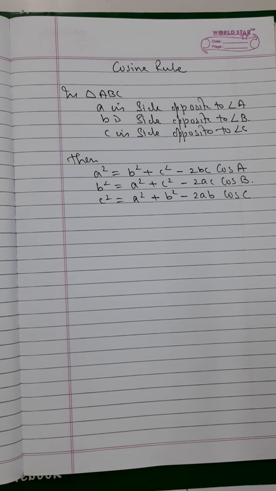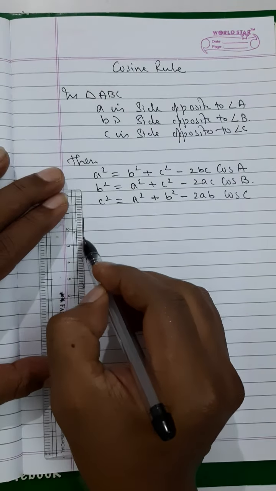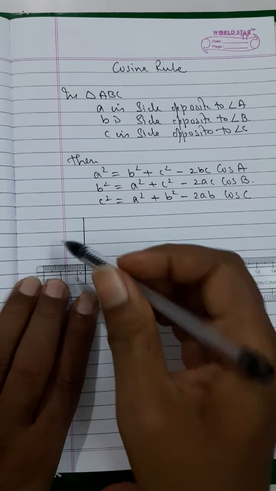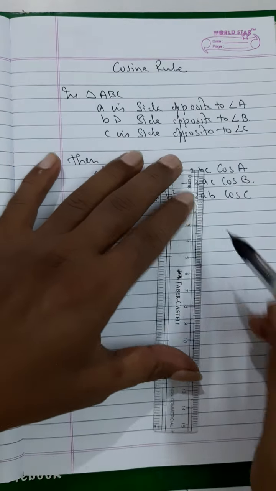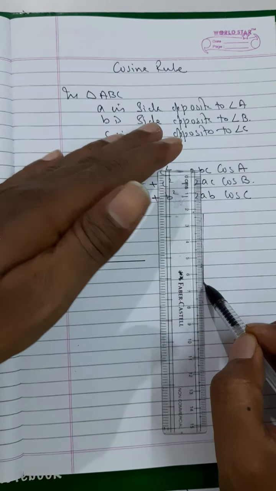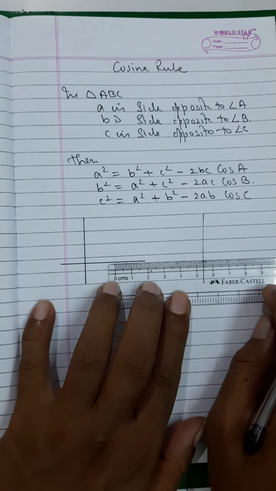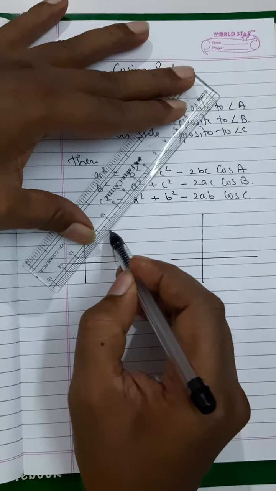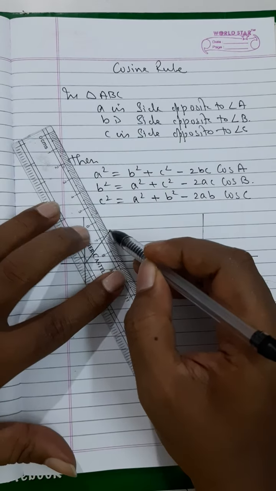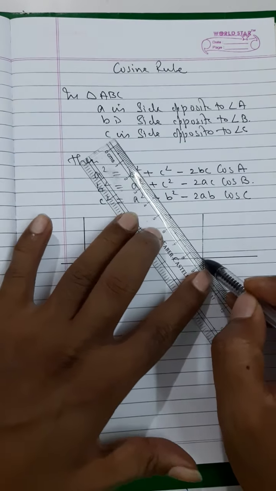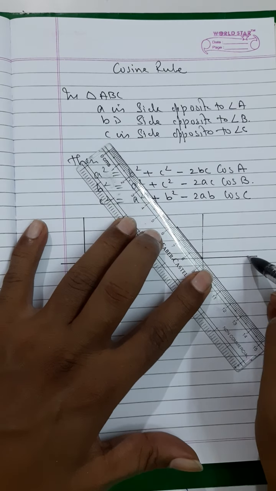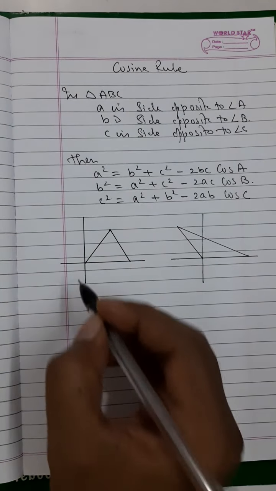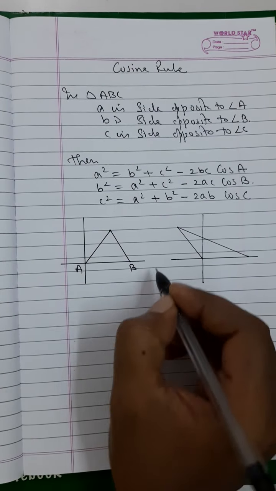Of course, we will first have to consider a triangle, and in this case we have to consider two triangles, just to show that it can be either of the two. It can be an acute angle triangle ABC, or it can be an obtuse angle triangle ABC. So A is taken at the origin, B is over here, C is over here.